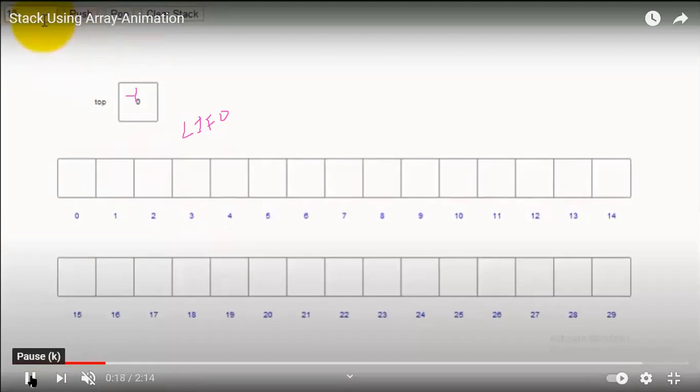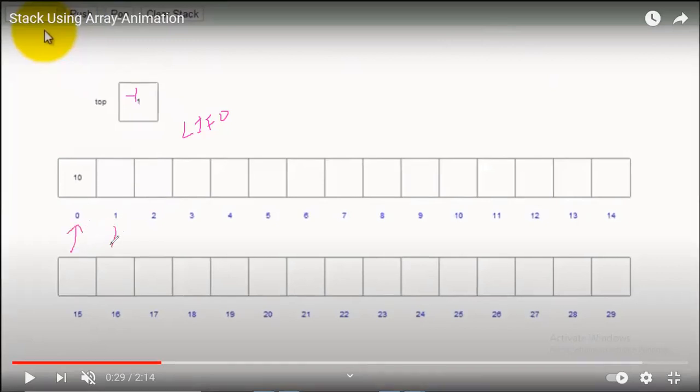Now what is happening? See, when you insert 10, you use an operation called push. When you use a push operation, you have pushed the value 10. Where exactly is the value 10 stored? The value 10 is stored into the first position of the array, called 0, right? And the top position will be incremented. So top will become 1, actually. But in our program, instead of 0, we have taken -1, and top goes on incrementing. That is, top is focusing on this position.